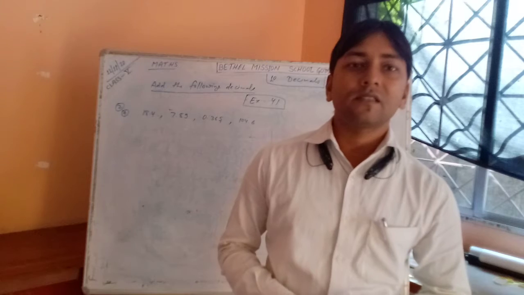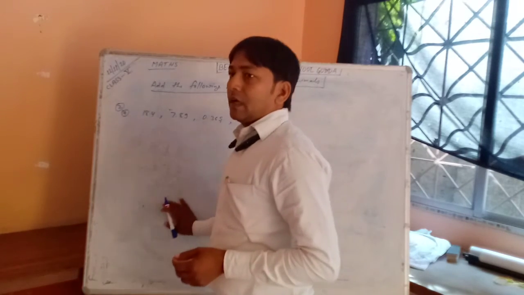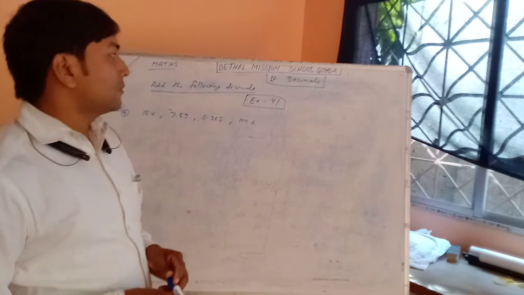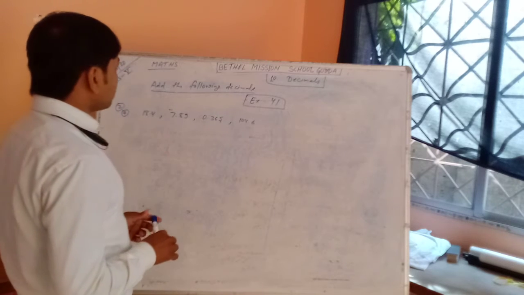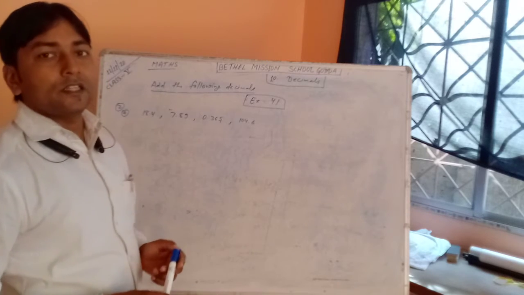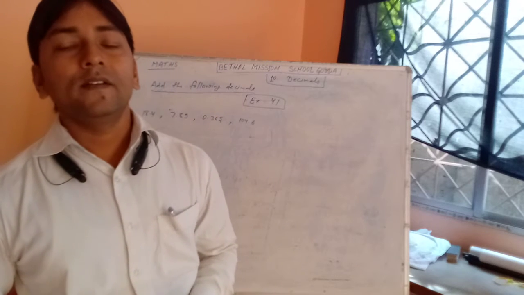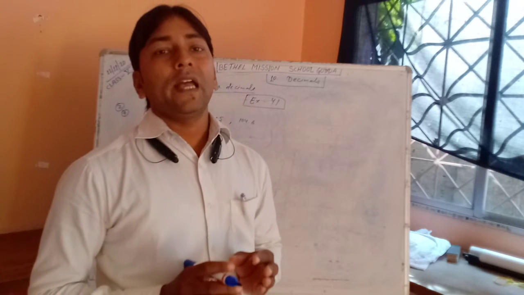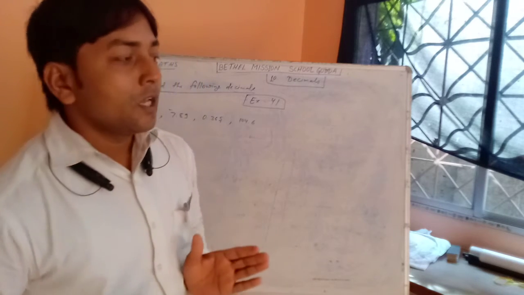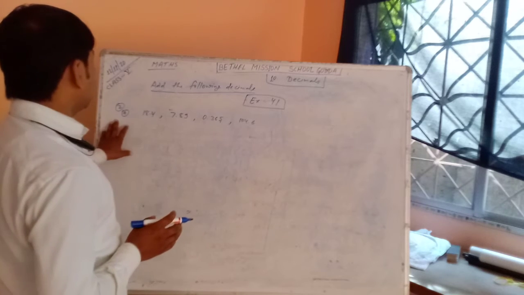Today I, Bhagirath sir, am going to teach you decimals, and in the previous class also we had read something about this chapter. Now we solve exercise 41. Here you have to add and subtract the decimals. So how would you add decimal numbers? I have taken one example from exercise 41.